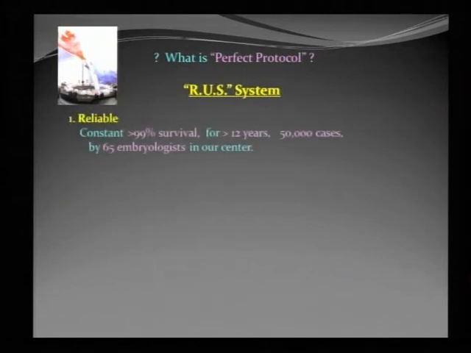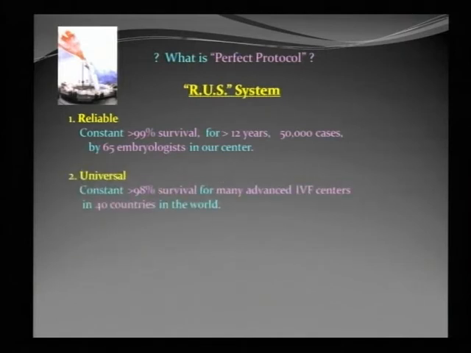The last system, what is the system? R means reliable. So we can obtain the same result at any time. Very reliable and universal. Anyone can obtain the same result. This is universal. We obtain 99% with our embryologists. All embryologists can obtain the highest survival rates. And also in any country, any other embryologists, if they have the right training in vitrification, obtain 99% survival. And safety,